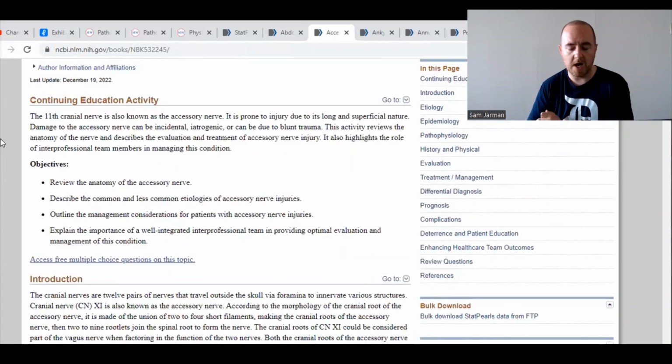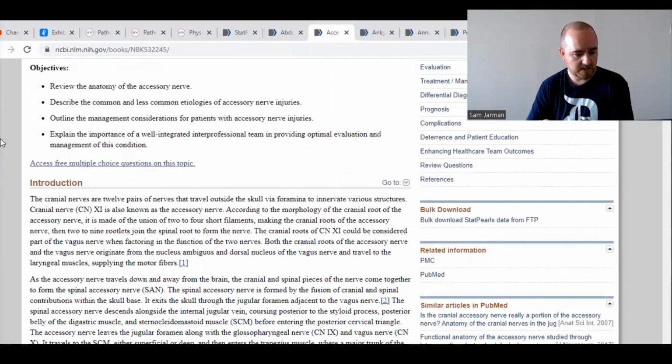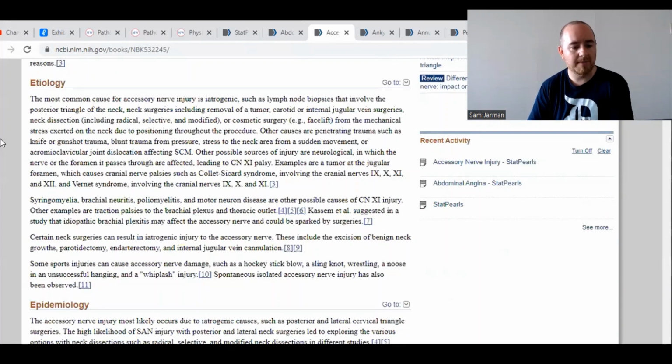Now I go to another one, accessory nerve injury. So the cranial nerve 11, etiology: the most common cause for accessory nerve injury is iatrogenic, which means injury in the delivery of healthcare, appropriate healthcare. So as they're doing something, that starts the disease. As an intervention is being provided, that is the beginning of the disease process. So I'll go back to reading, such as lymph node biopsies that involve the posterior triangle of the neck,